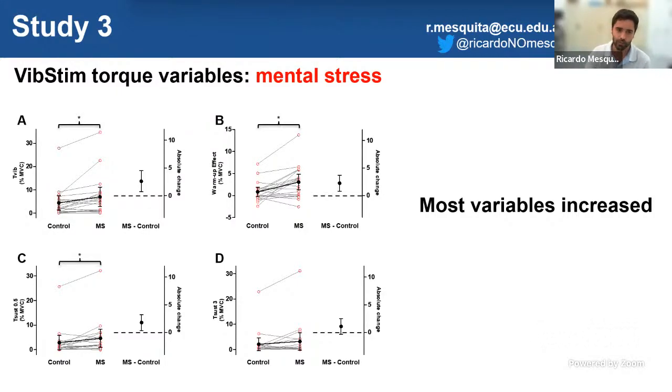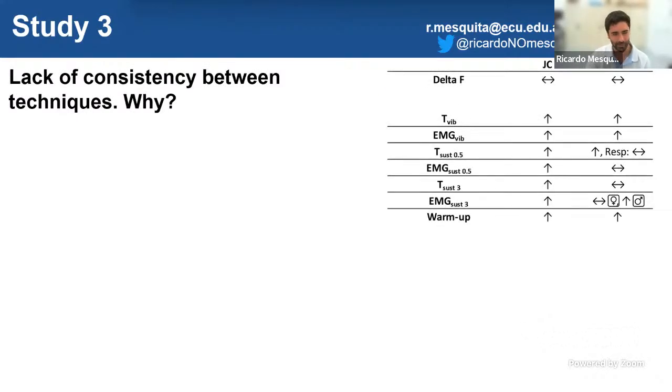So this is a technique where the participants are not voluntarily contracting the muscles. So again, we have a lack of consistency between the 2 techniques. These results are not published yet. They are under preparation. And one possibility for this lack of consistency is that